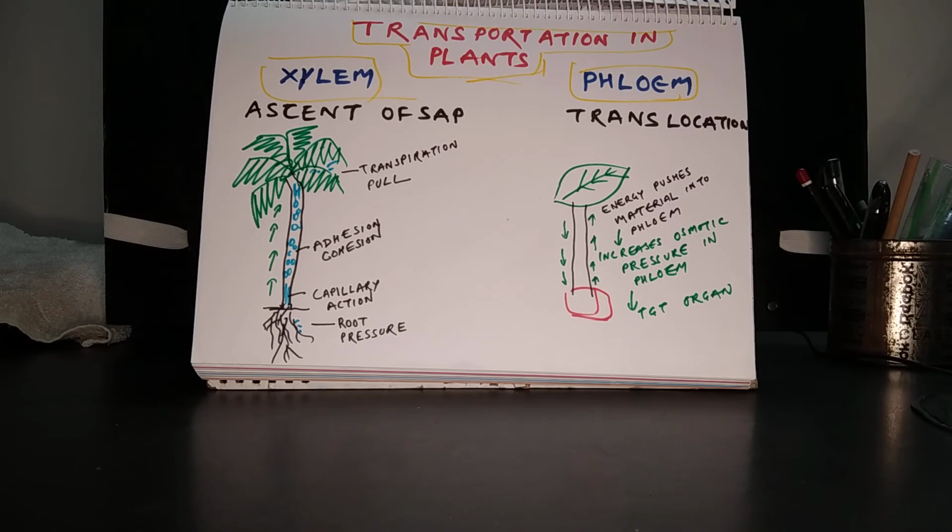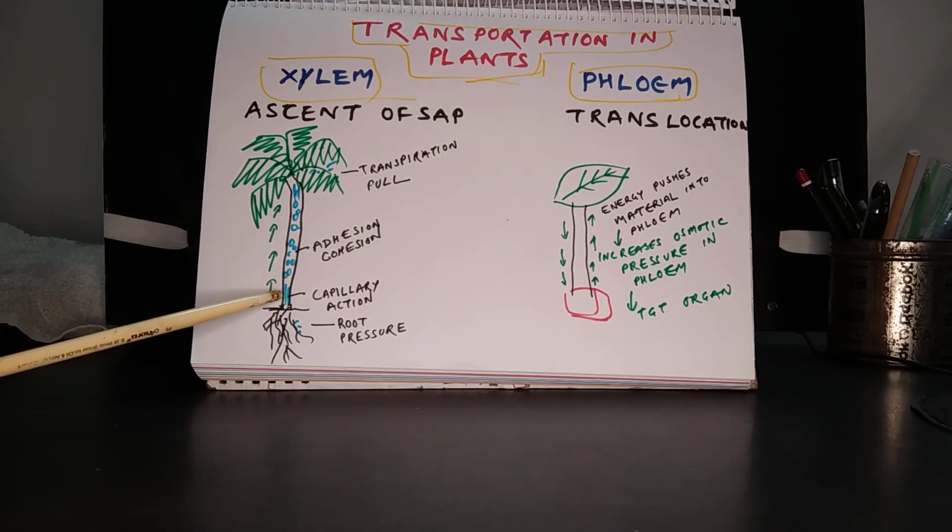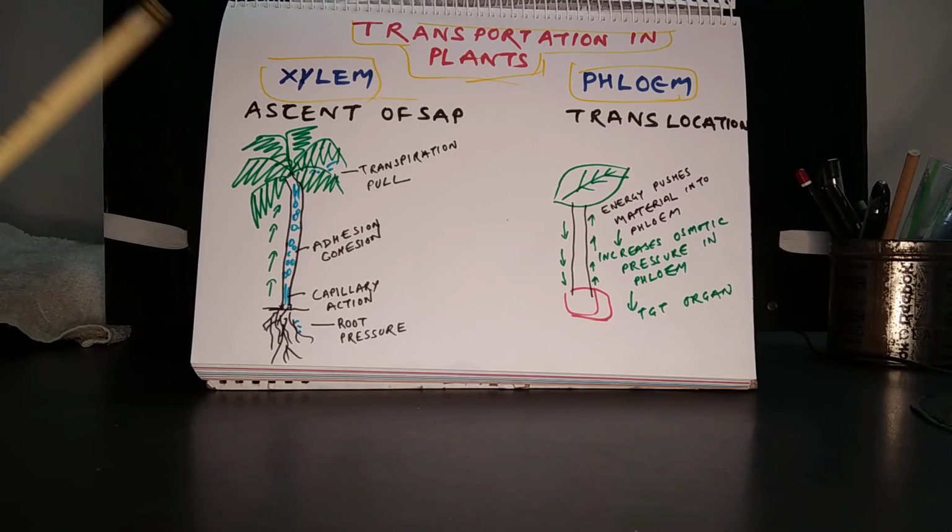There are several factors which work together to ensure that water is transported in plants. The first factor is the root pressure, that is the difference between osmotic pressure inside the root cells and outside the root. Because of this difference, water enters the roots. From there, the capillary action takes place and it ensures that water rises up to some height in the main stem. The capillary action is the rise of liquid in a capillary. When you put a fine tube, called a capillary, in a liquid, the liquid will rise on its own up to a certain height.